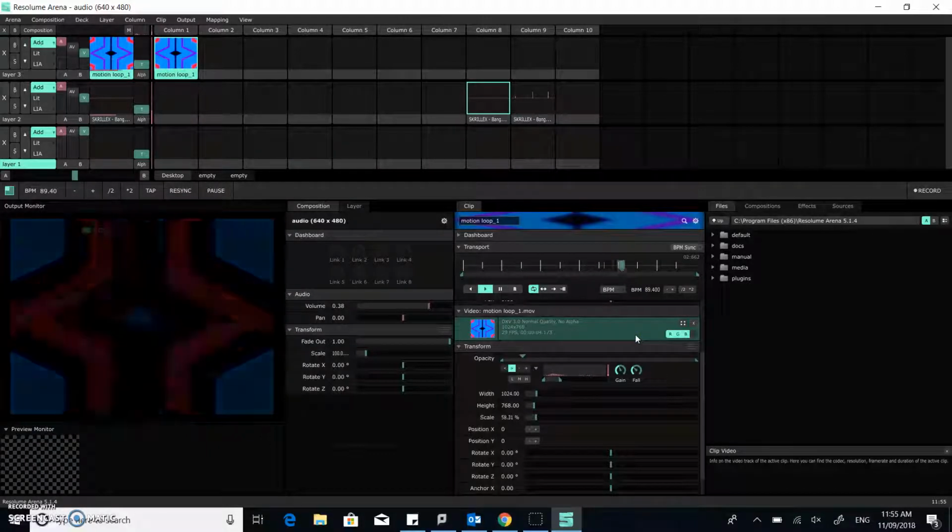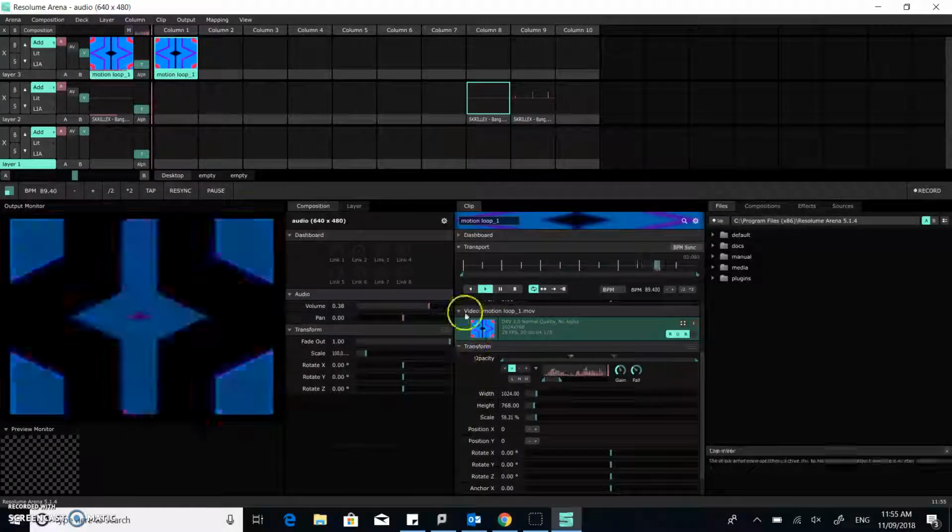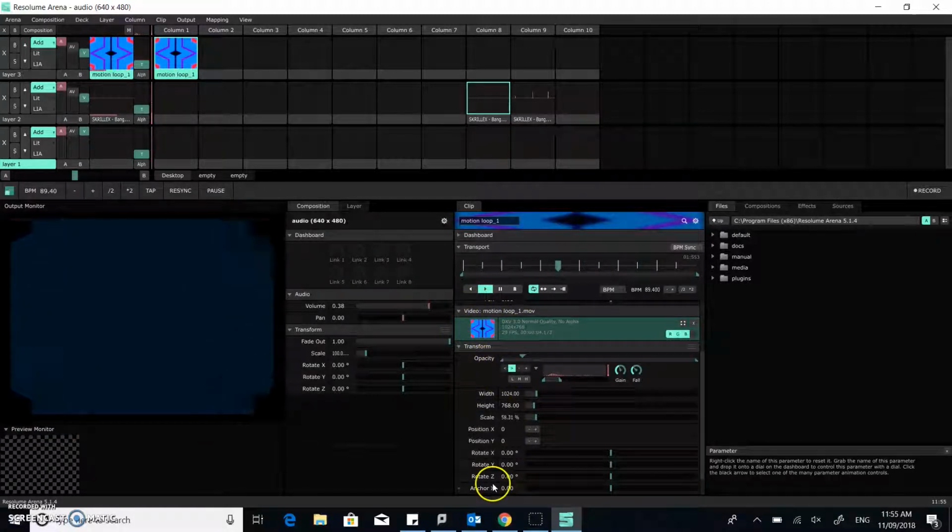So that's about all I wanted to show you about audio analysis. As I said, this is just on opacity. It could be set to anything, any effects that you're using. So I hope you find